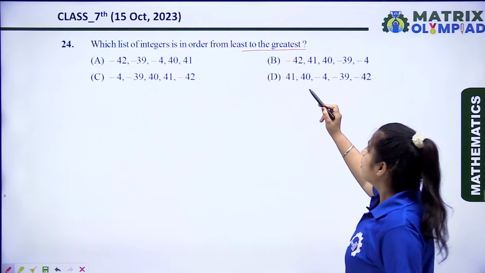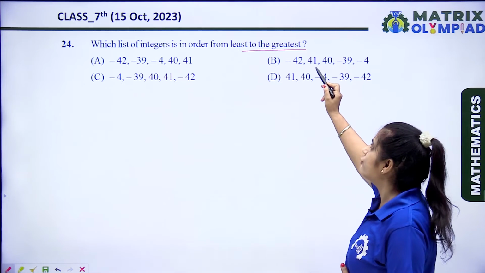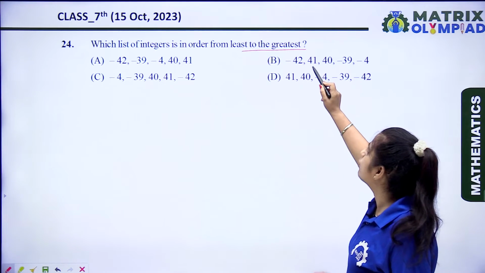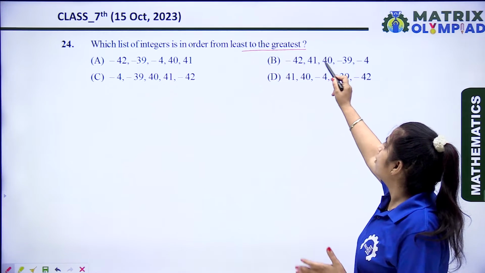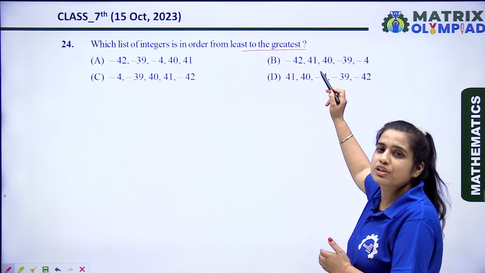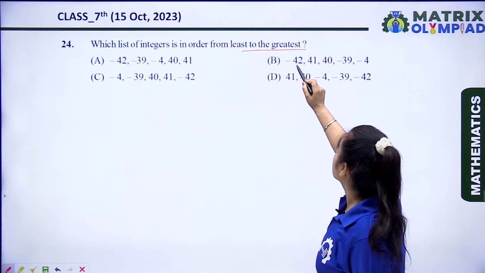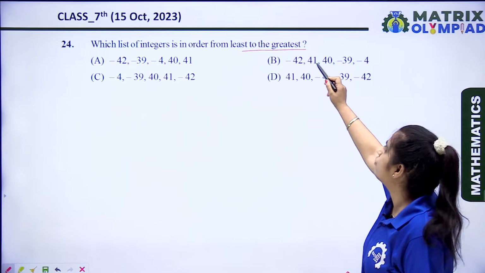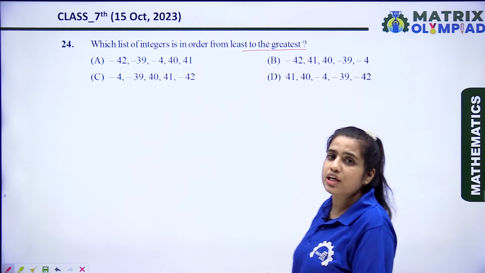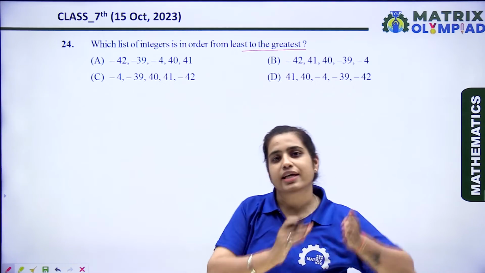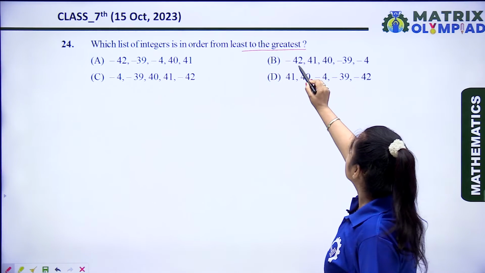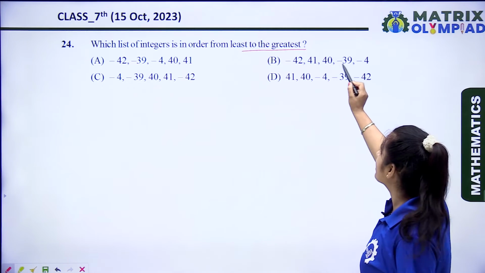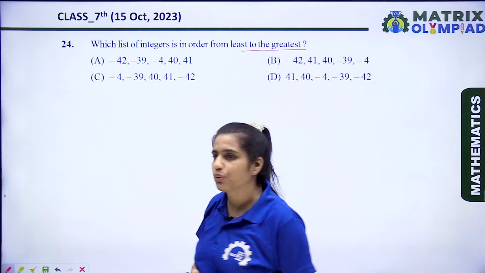नाउ लेट्स चेक द सेकेंड ऑप्शन -42 देन +41। तो यहाँ पर -42 सबसे छोटा नंबर है, बट 41 उससे बड़ा नंबर है। आफ्टर 41 वी हैव 40। अब 41 बड़ा है बट एकदम से 40 स्मॉलेस्ट नंबर आ गया। तो यहाँ पर नेगेटिव देन पॉजिटिव, और पॉजिटिव के अंदर जब दो नंबर 41 एंड 40 में कंपैरिजन कर रहे हो, तो आपका 41 ग्रेटेस्ट हो गया। जबकि सीक्वेंस हमें फॉलो करनी है, सबसे छोटा फिर उससे बड़ा फिर उससे बड़ा, और इस साइड से हमें मूव ऑन करना है। तो यहाँ पर आ गया है सबसे छोटा, फिर थोड़ा सा बड़ा, फिर छोटा, एंड फिर -39 है, ये भी स्मॉलेस्ट नंबर है, कंपैरिजन करेंगे तो ये सीक्वेंस आपकी करेक्ट फॉर्म नहीं हो रही है।